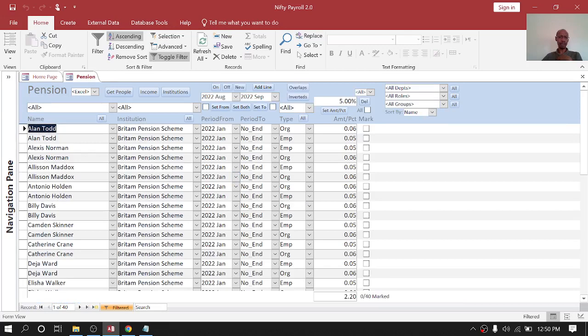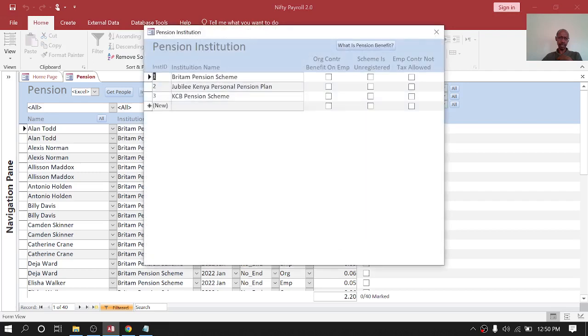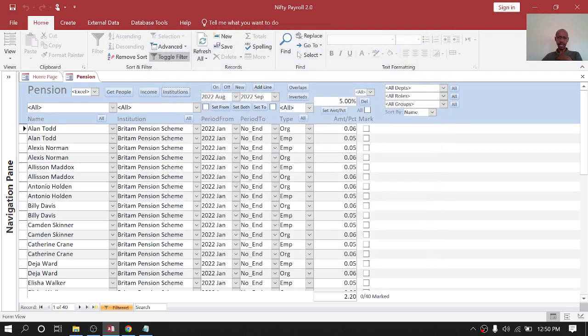Pension, it caters for the name, the pension institution. You can add institutions if you want. And then you say what period, and then you say whether it's an employee pension contribution or organization pension contribution. And then if you have opening balances that you want to show the employees of the total contributions they have to date, you can put in the opening balances for the employee and the org, and you can say what date those opening